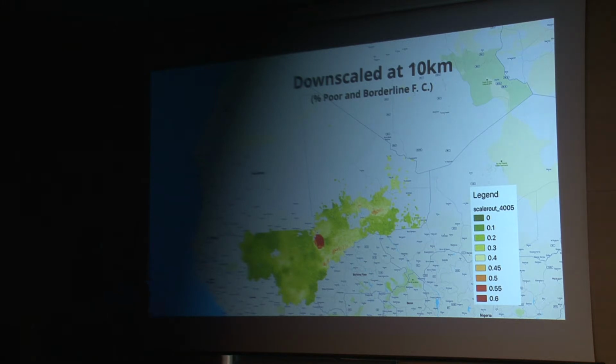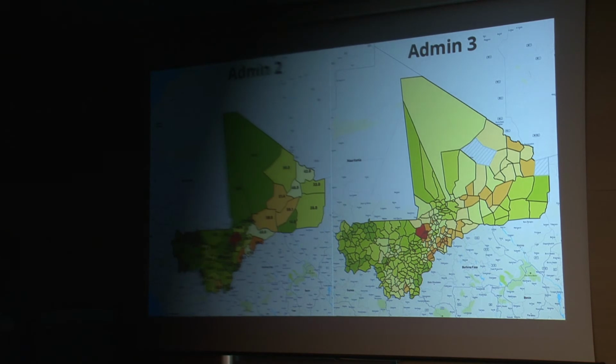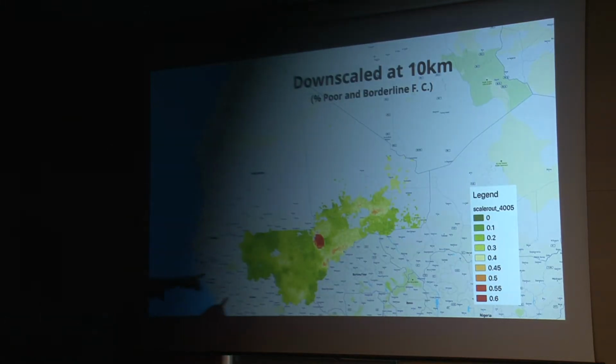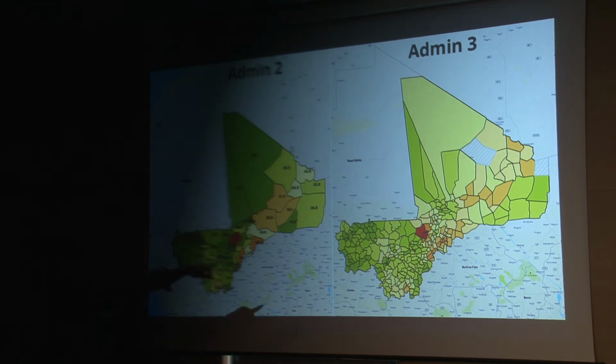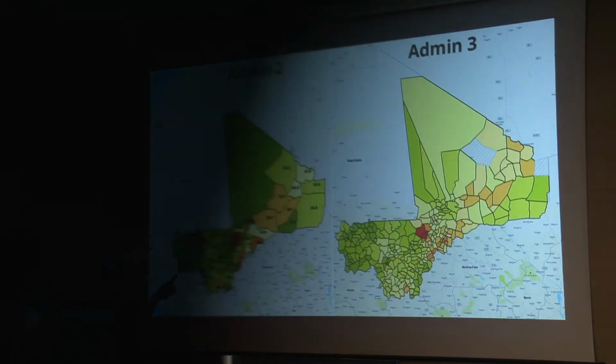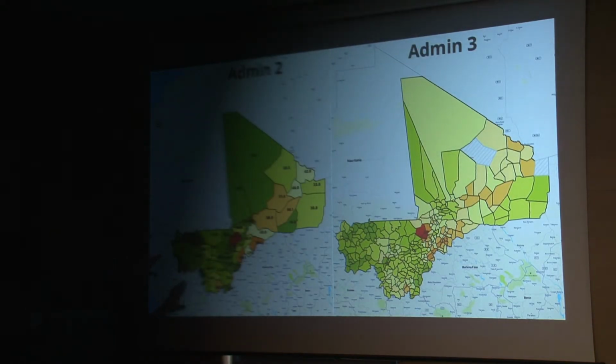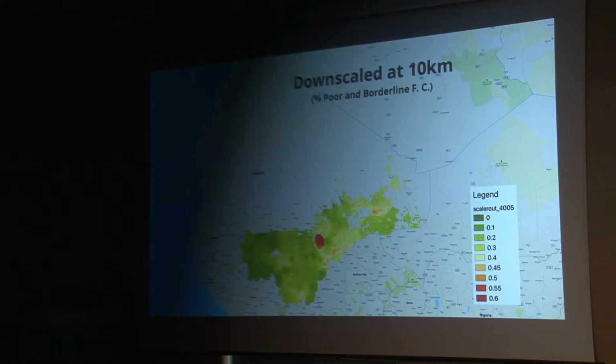Okay, my question is, what is the difference between this one and the one where you only overlap the admin 2 level on the last one? Simply overlap admin 2 level on the last one. On the raster, yes. So you add the admin boundaries on it. Yes, simply. So what is the true difference? The difference is